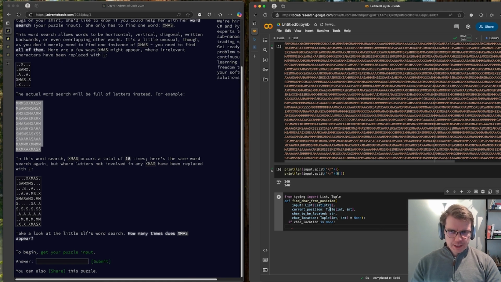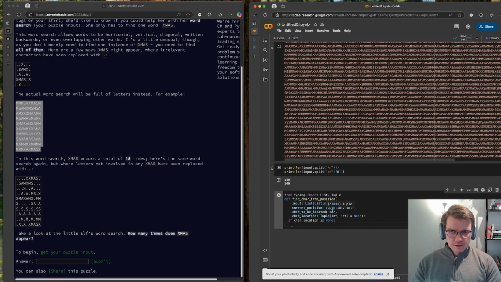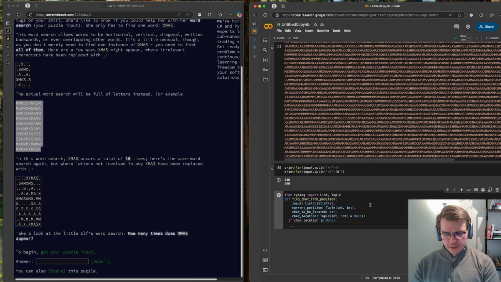Maybe we need to check the locations around this current position. So basically the positions to check would be an array of tuples, and it would go current position,